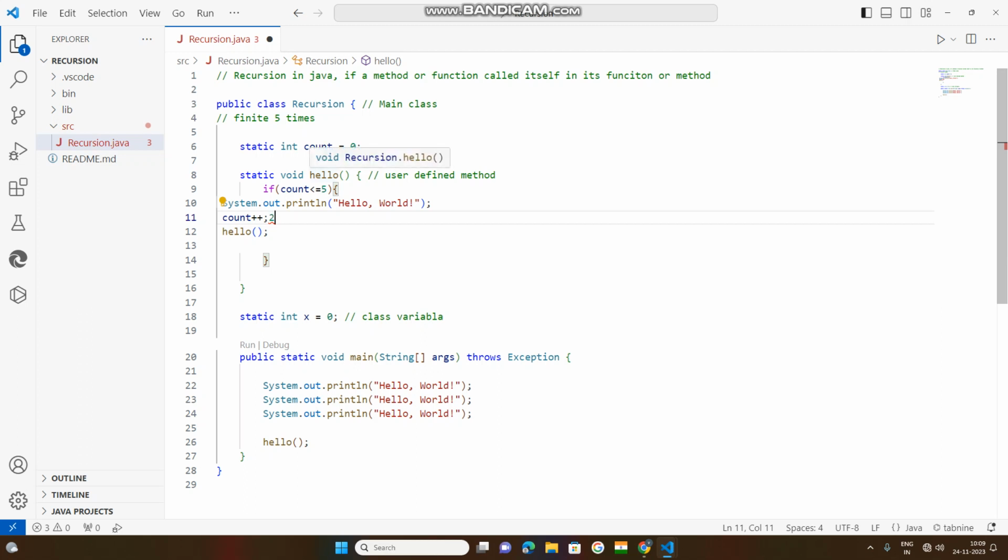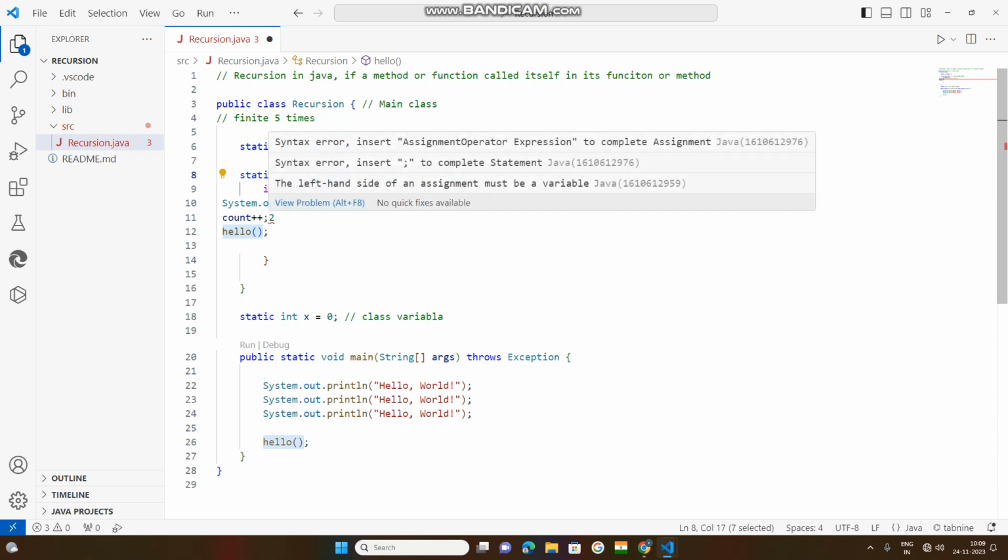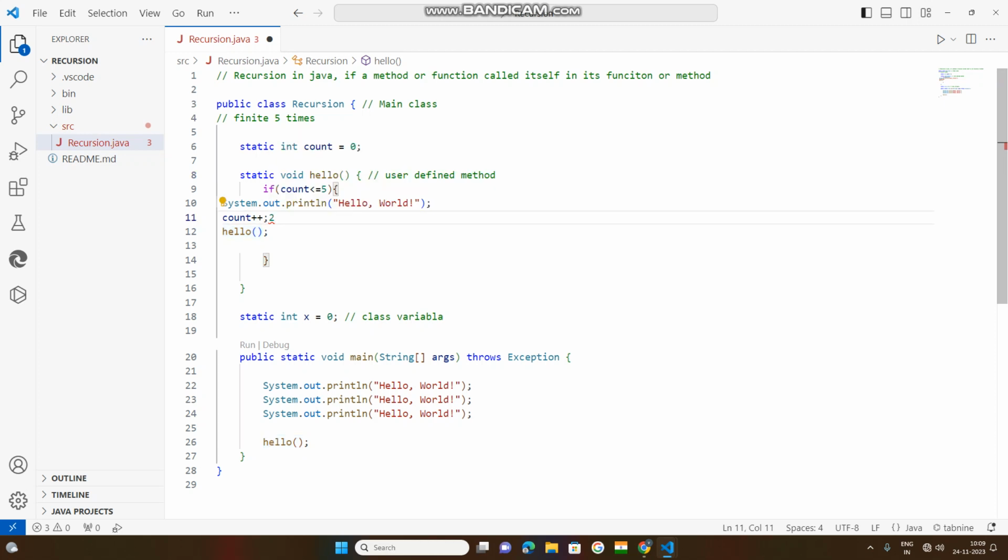So in a method, the same method is being called again and again, it is called recursion. So as per our definition, recursion in Java is when a method or function calls itself within its own body, so that method is being called in itself. As I told you, whenever we call this, whenever you click on this,